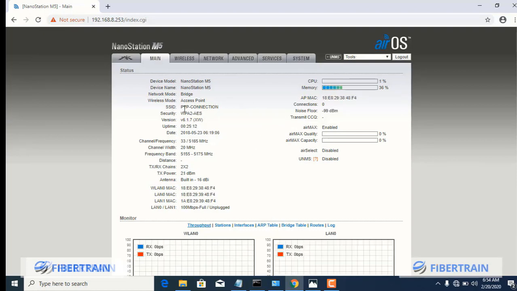The SSID is point-to-point connection, and the wireless mode is what? Access point mode. When we get to the other station, it's going to be on station mode. That is the other access point at the other new building. Okay, so I'm going to disconnect this laptop from the main building access point,